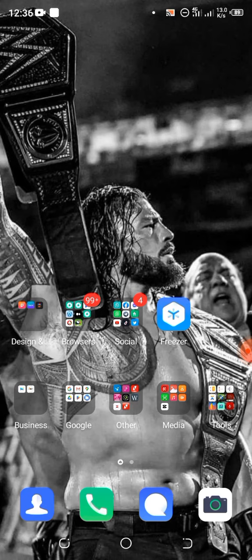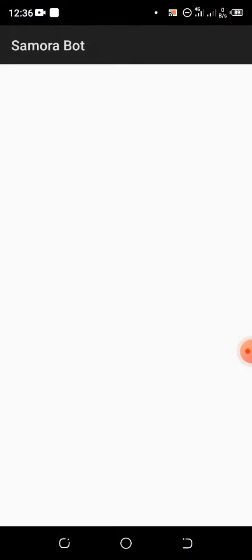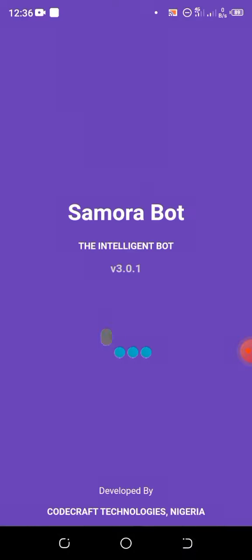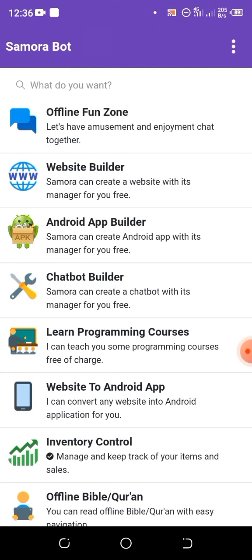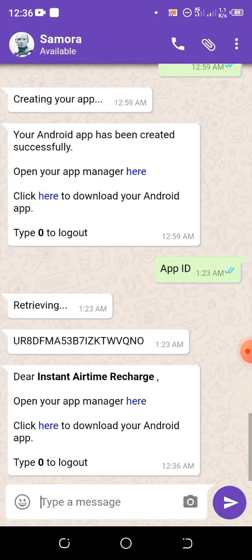Okay, so in our last class we were able to create a mobile app using Samora bot and also tested it using the app tester by Samora bot, this particular one. And so we were able to create a VTU app, that's a mobile app to be used for airtime and data recharge. We called it Instant Top Up. And so today we'll be